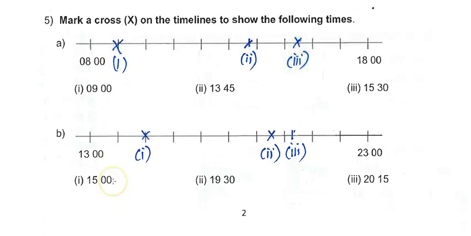Okay. Now mark a cross on the timeline for the following times. This is self-explanatory, and you must make sure that you do the labeling. It means 1 is this, 2 over here is from this, and so on. Okay, pause this video and check your answers properly. Next,